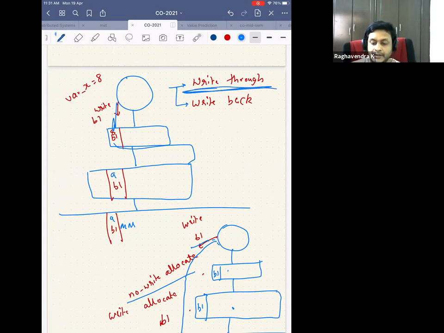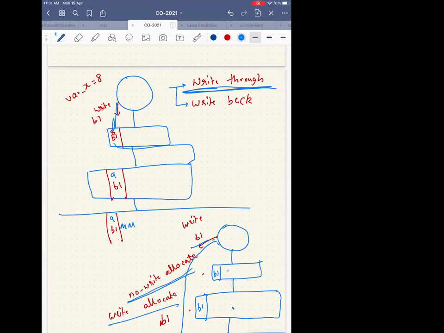So maybe you picked up write through. Okay. Now the next design choice that you have is, what happens when you bring the block? Let's say this block was not there in the cache. What is the policy that you will adhere to? Will you pick a no write allocate policy or a write allocate policy? That's the question.